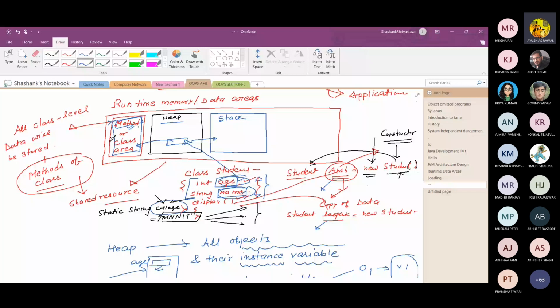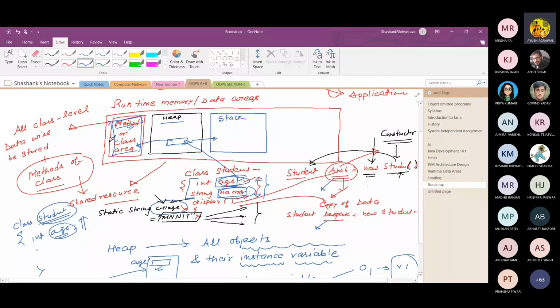When you declare a class student with some methods and some variables, if you declare integer age, 4 bytes of memory would need to be allocated. But since student is not a physical entity, the memory for age is not required.